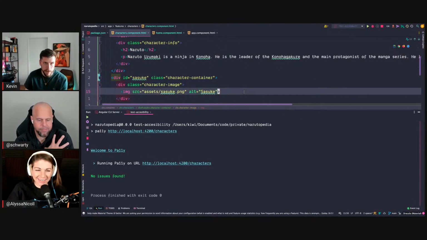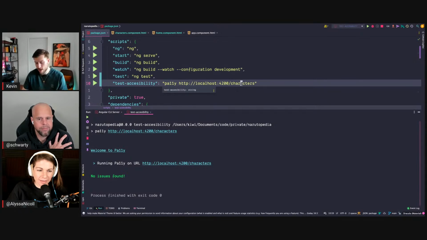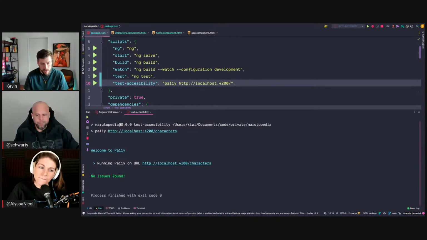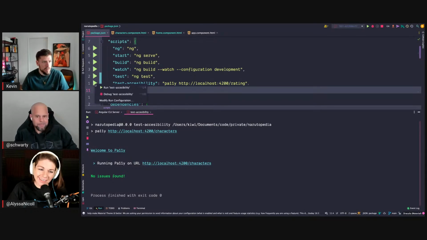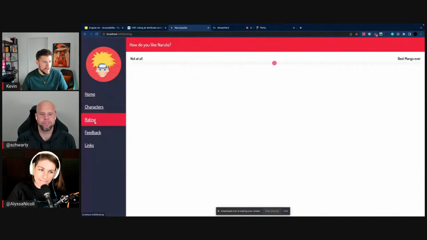And we fixed another issue. So we will go through all of those routes, but it's only 5, and I think it's valuable because it shows some common accessibility issues. So those were not so super interesting, but the next one I think is more interesting because it's the rating page, and the rating page is just this input slider.